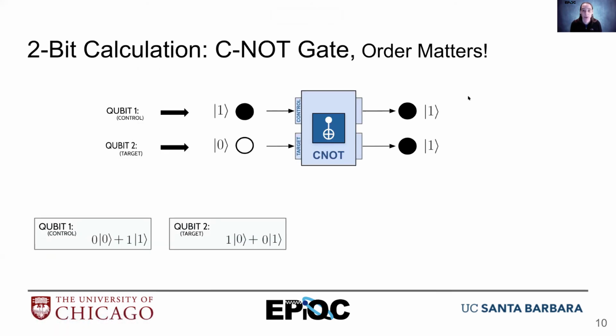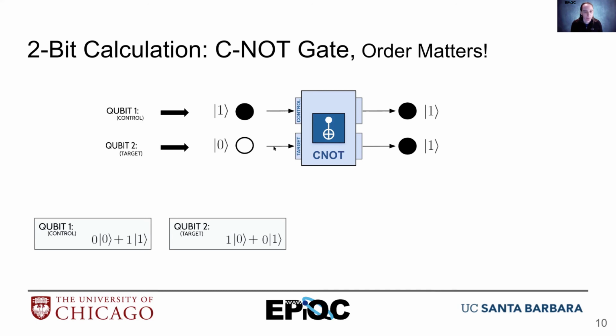Okay, let me do one last example. And this is important because for the CNOT gate, these are not symmetric. With a swap, it doesn't matter which is the bottom or the top, the values swap positions. But for a CNOT gate, one's a control and one's a target. And so this affects the matrix multiplication operation that occurs. So if I have this scenario where we know from our visual representation, we've got our top qubit is the control qubit and the bottom qubit is the target. You can draw it the other way, but we've tried to be consistent about control being the top and target being the bottom. The control is black, so that swaps the value of the bottom.